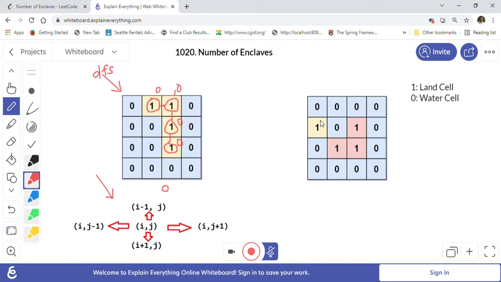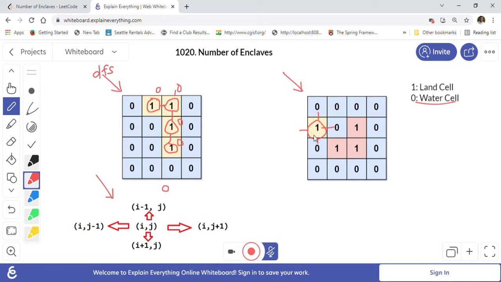Similarly, if we take this other example, when we traverse the matrix the first time, we will encounter a one here in the first column, which is a boundary. So we will start doing DFS in all four directions. We will go here, here, and again here. This one is outside, so we will not consider that. Whenever we visit the four directions, we check if there is any land cell. Now this is zero, this is zero, this is zero, which are all water cells. Zero is water, so we cannot continue doing DFS on water cells. We will just move on.